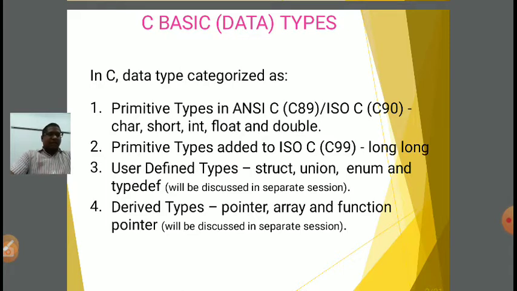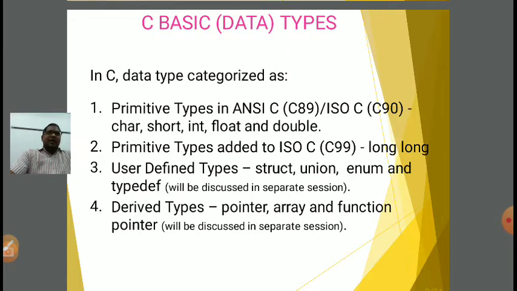Next is typedef, which was also discussed in a separate section in the previous lecture. Typedef means if we want to define a different name for a primitive data type, then we will use typedef. Suppose I am writing integer int, so integer is the old name and int is the new name.